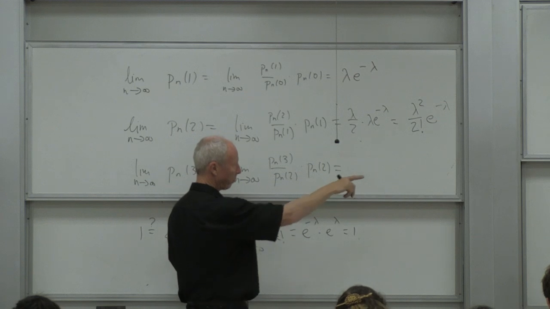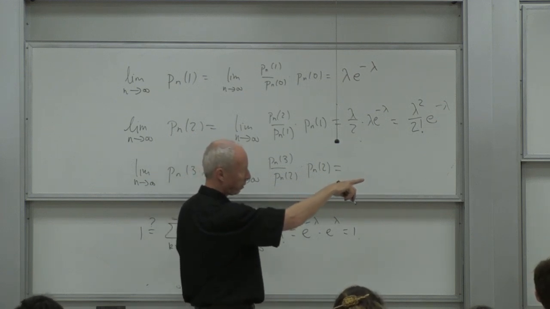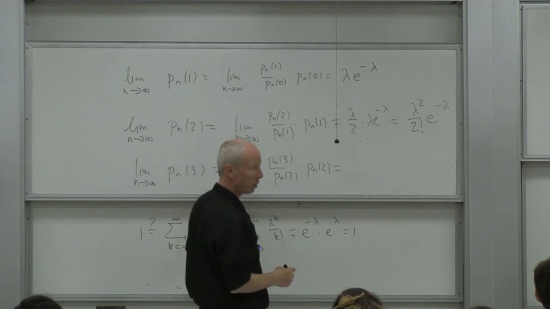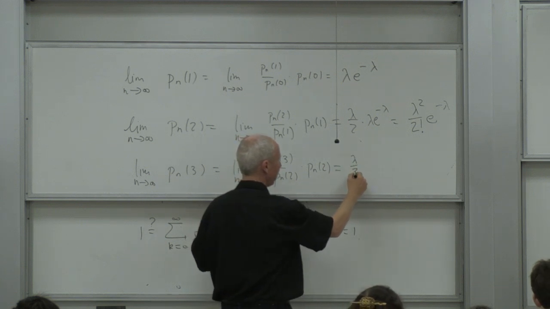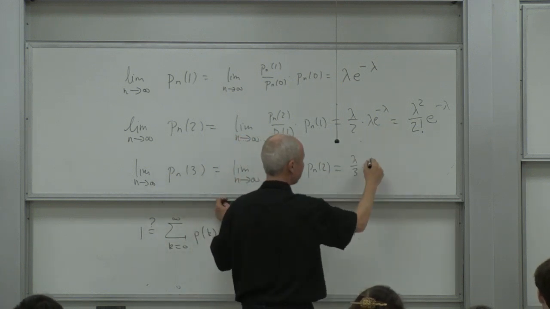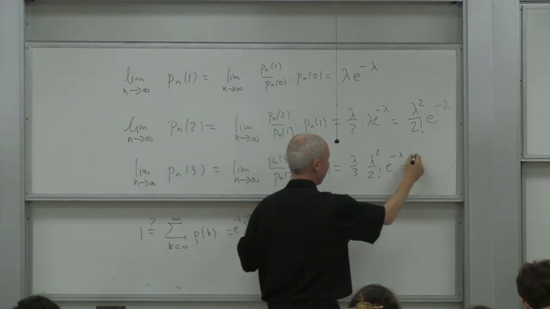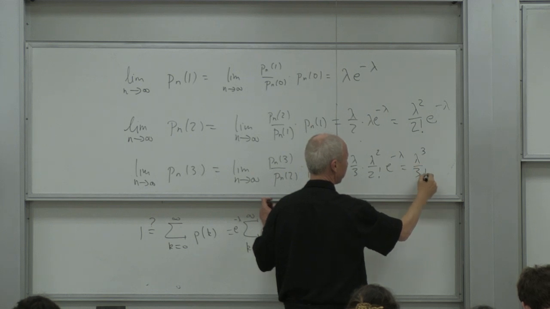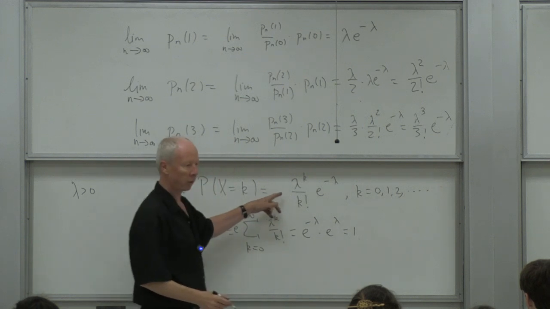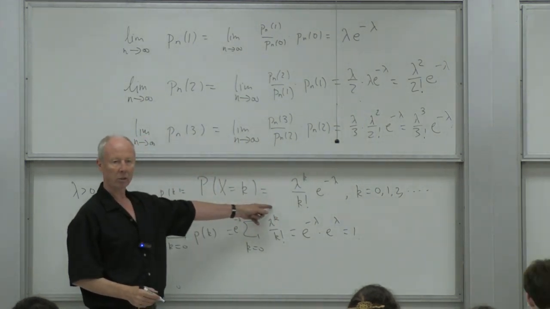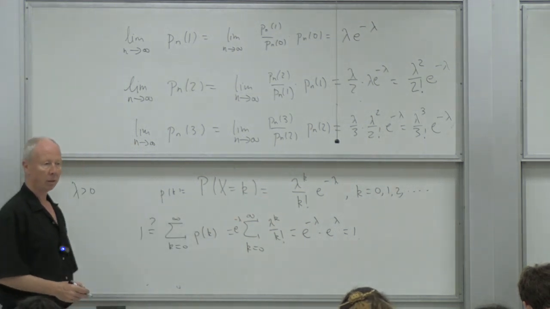This would be what we get if we put k equal to 2 over there. And what does that give? Lambda over 3. If we put k equal 2 in the top line over there, we get lambda over 3. And then this, we know, converges to that: lambda squared over 2 factorial e to the minus lambda. And what's this? Lambda cubed over 3 factorial e to the minus lambda. If we keep going like that, what's it going to give for general k? This: lambda to the k over k factorial e to the minus lambda. Okay, so